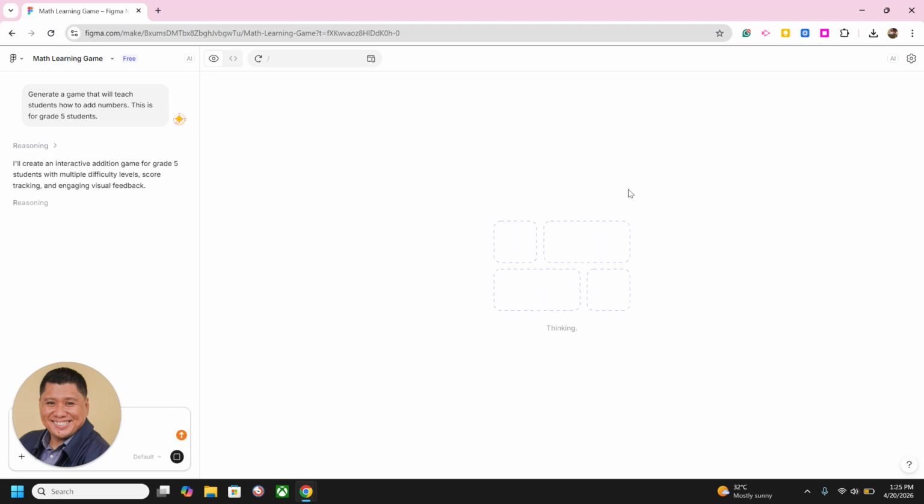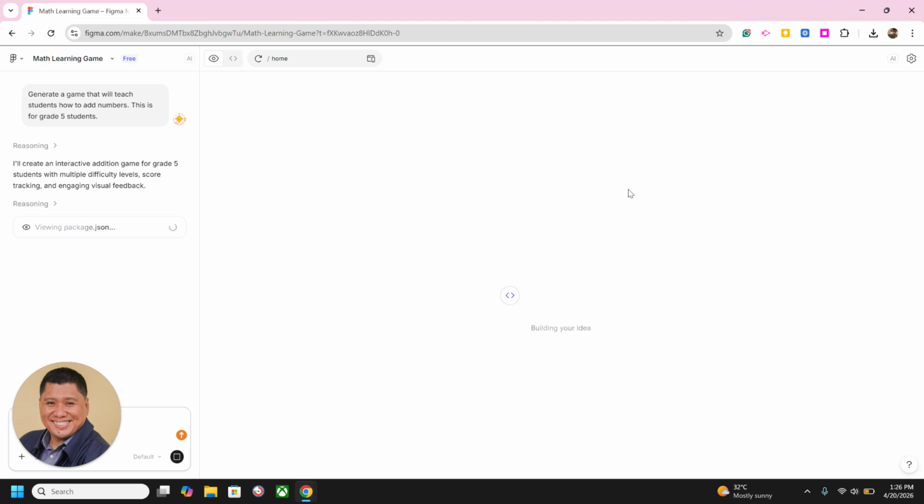While waiting, Figma AI is very useful in terms of creating applications or learning materials for your class. Here's just a little drawback. If your account is just the free version, just like other free version applications, it's limited in the number of times you can generate or request revisions of the app it generated.